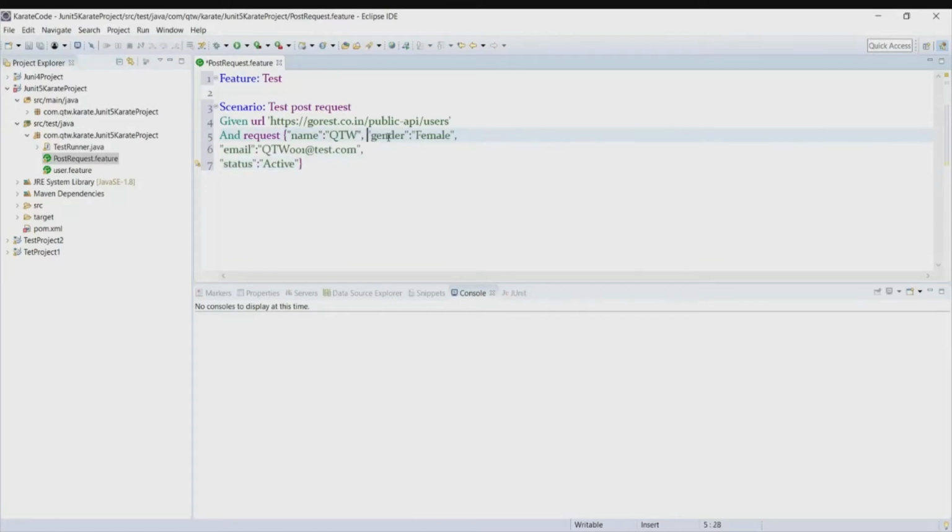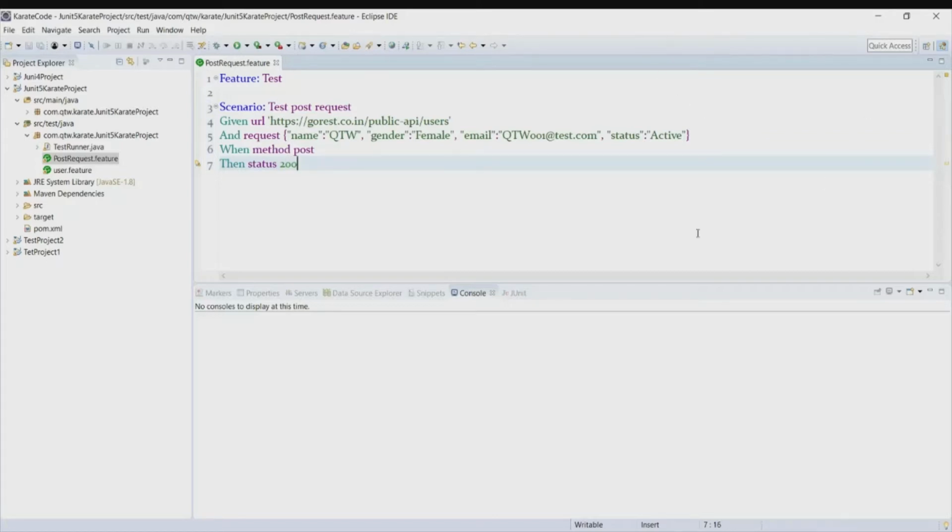So here in Karate we can send the payload inline. If we send the payload in a single line, then it should work. Let's send the method: when method post, then status 200.